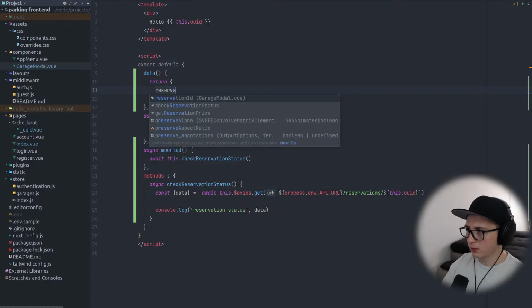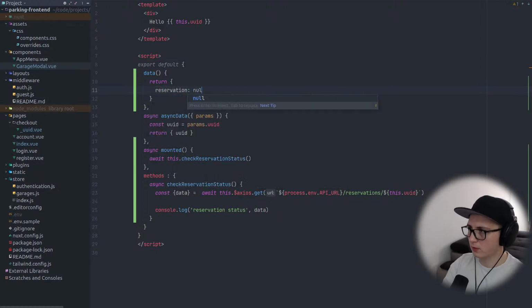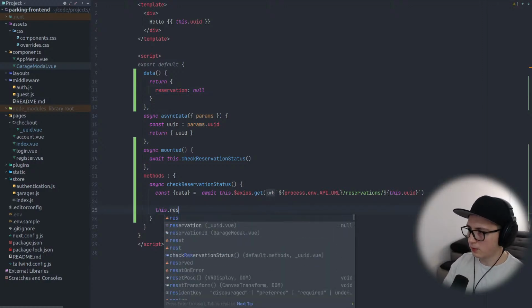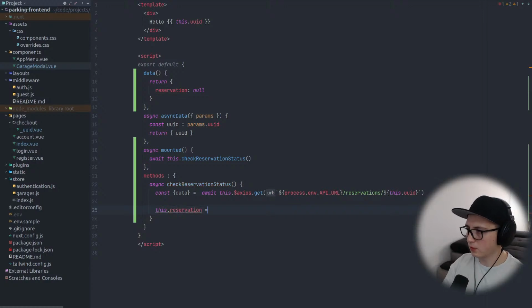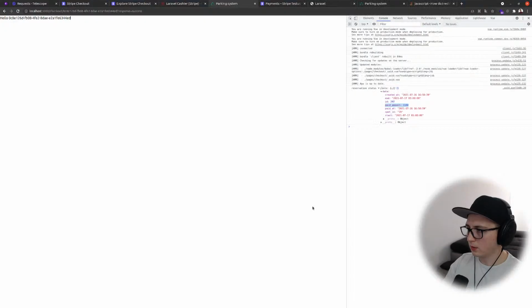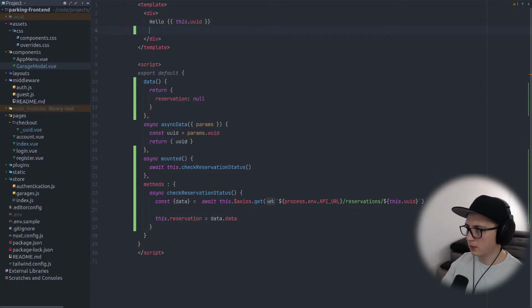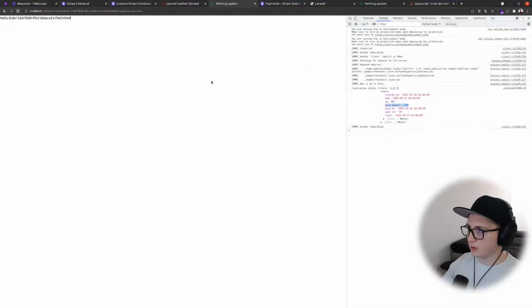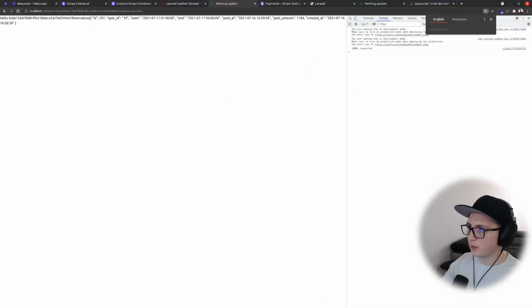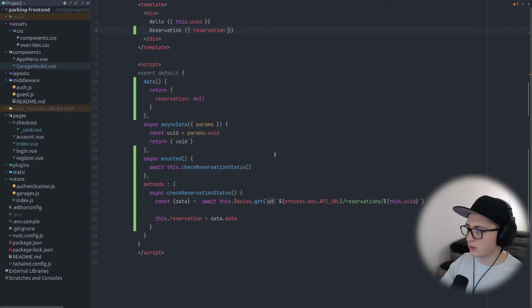So let's put the reservation to null and put this here. This dot reservation is equal to data. I think it's data.data. And let's see this here. Reservation. So it makes a request, it gets this, and